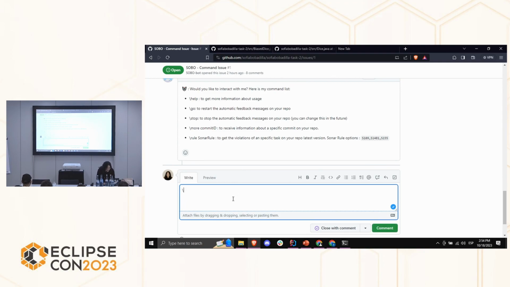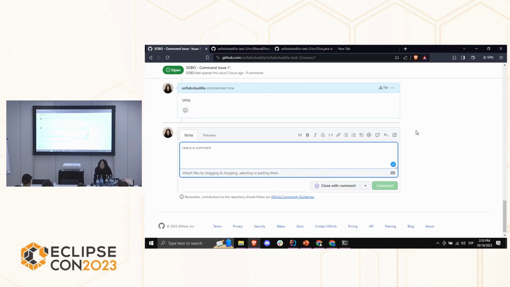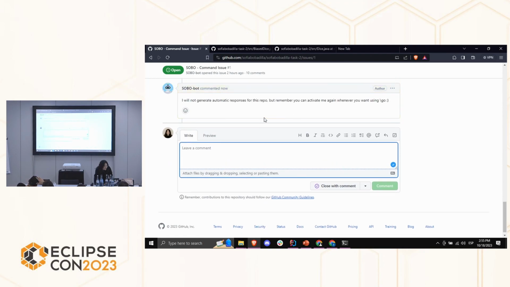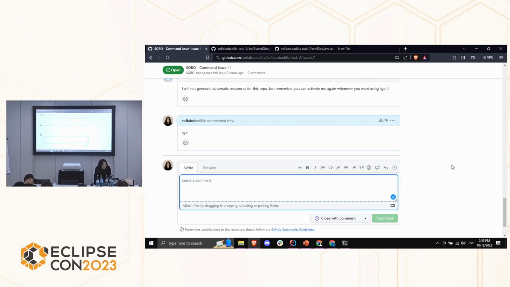So what if I want to stop the service? SOBO will say, let's wait a second. OK, he or she, they, will not generate more automatic responses, but I can do it again if I use Go. So let's restart the service. And I just do Go.